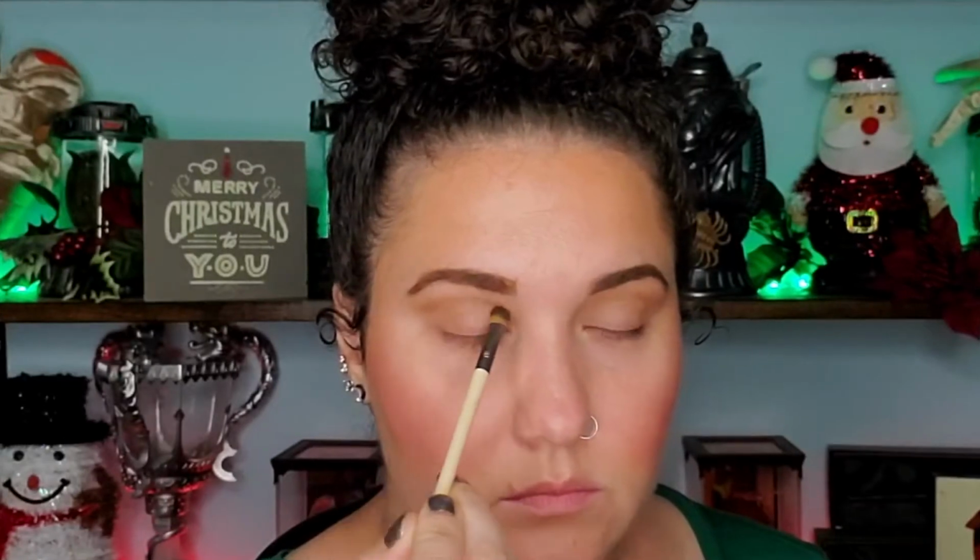You have arrived. For today's Glitz Glam New Year's makeup look, I'm going to start with a nice light brown shade and work that into my crease, then continue with a medium brown shade, and then I'm also going to take this shade and kind of flick it out to start to create a nice cat eye effect. Then laying down a darker brown shade, I'm going to place it in the same spot, and